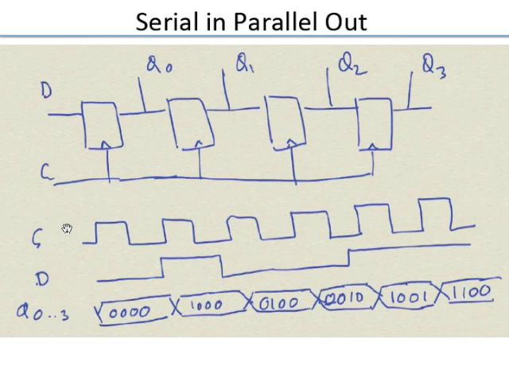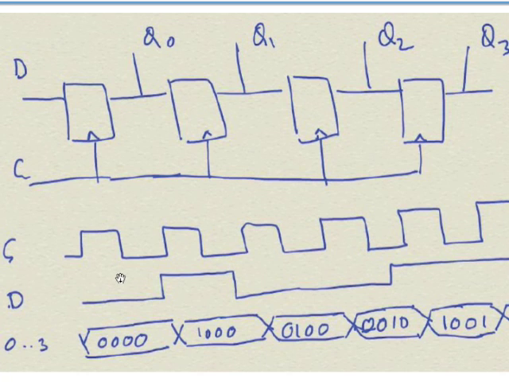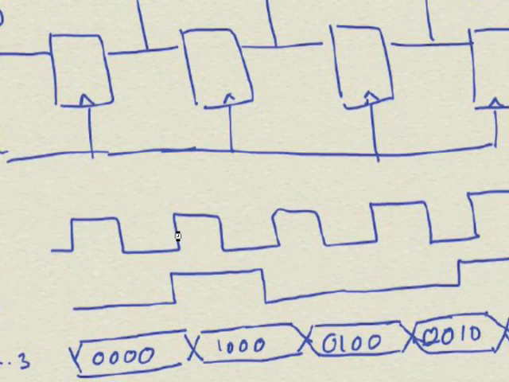So now what happens is that at every edge of the clock, you put in a new value of D from D to Q0. And Q0 goes to Q1, Q1 goes to Q2, Q2 goes to Q3. You are shifting everything by 1. Every clock edge you shift everything by 1 cell to the right. So here, for example, you see what you have is